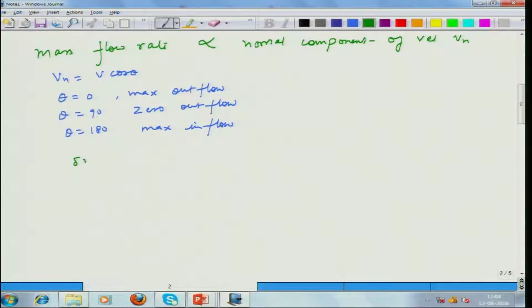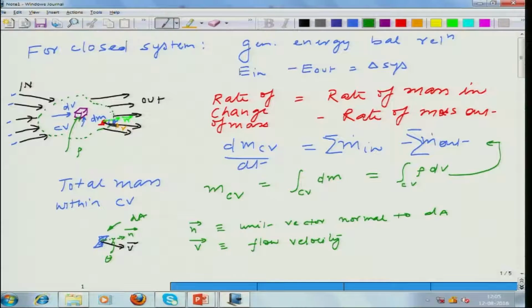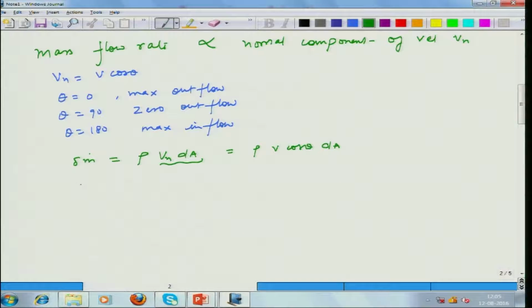It would be represented, let's say, by m dot here, which will be rho times the normal velocity times the differential area. The reason is that we are considering the density here, and this would be the volume. So rho times Vn can be written as rho V cos theta dA. Okay, so if you integrate the differential area over the surface of the control volume, you would get the effective net mass flow rate. Which essentially means that you can calculate your net mass flow rate